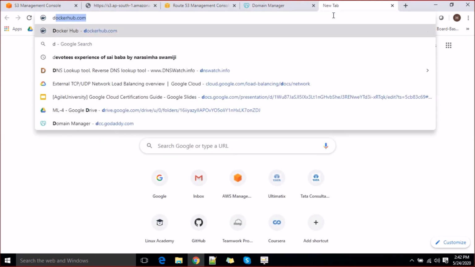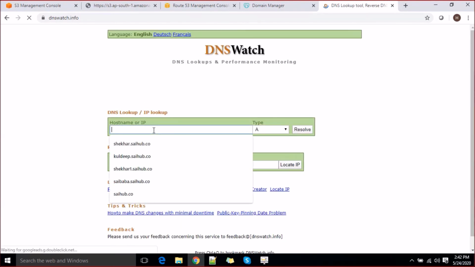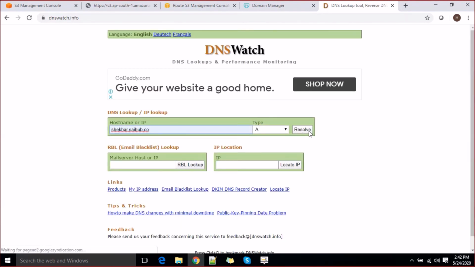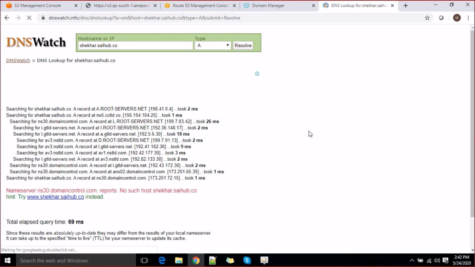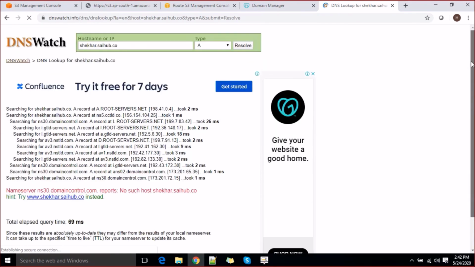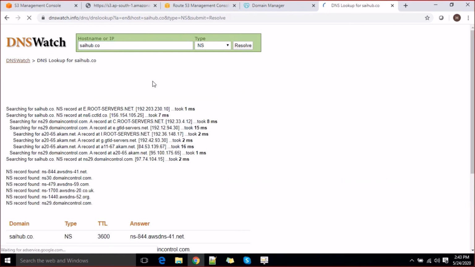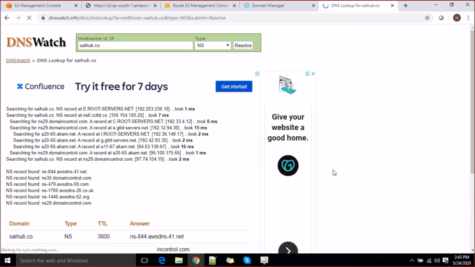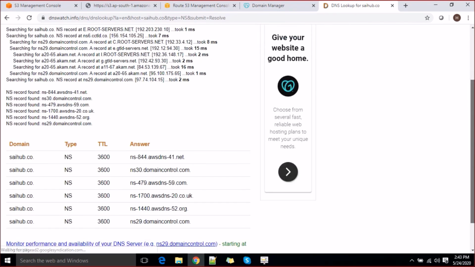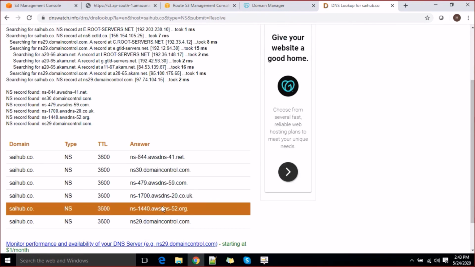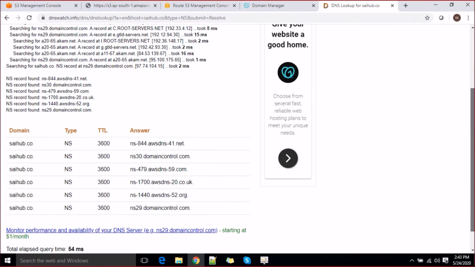You can also go to DNS Watch info to verify it, shaker.signup.co, and try to see if something is getting resolved. I think that has not been mapped yet. Let's see if this works with the NS record. No record found. It still doesn't find these records here. Okay, the record has been found here, but maybe old.